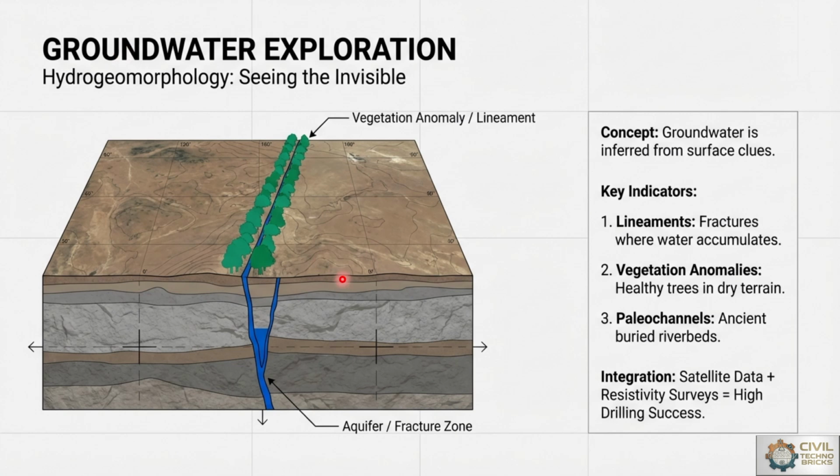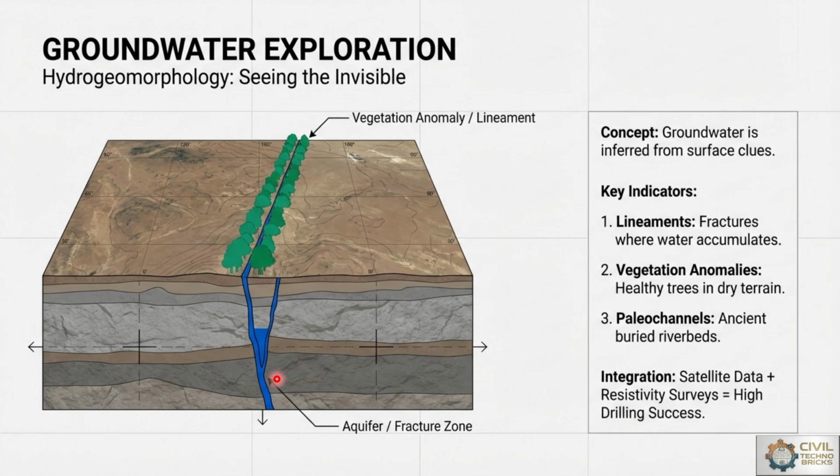Because the groundwater available beneath the earth surface is collected after traveling through n number of soil layers and n number of rock layers within the earth surface. So here the vegetation anomaly or alignment or the cracks are to be identified. With reference to those cracks and the slope or the contours available on the earth surface, the rainfall water travels with reference to the valley line through those cracks into the aquifers